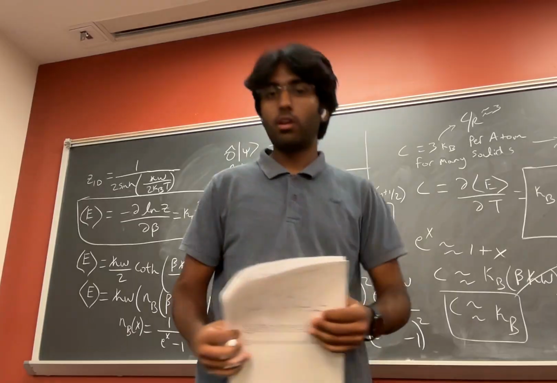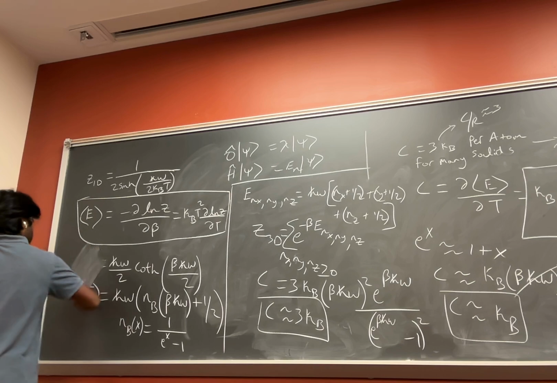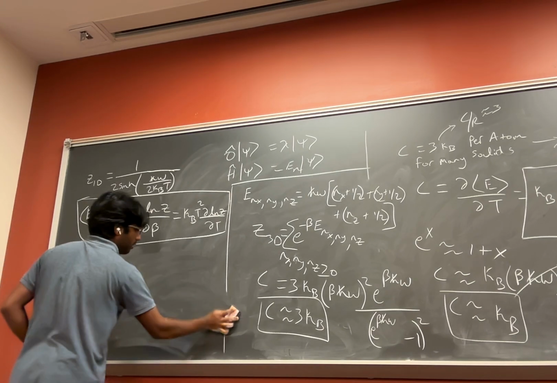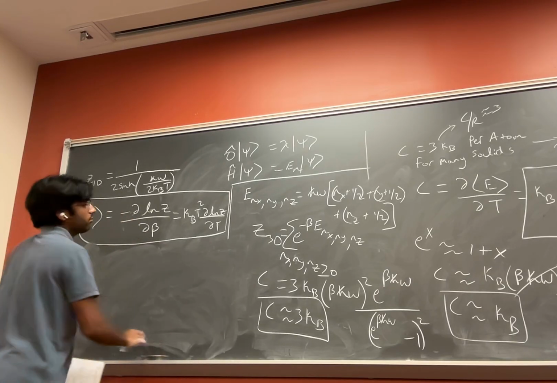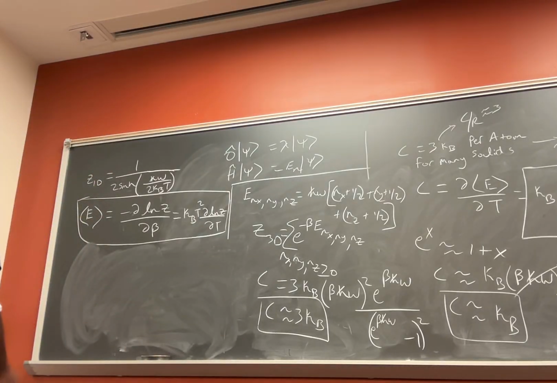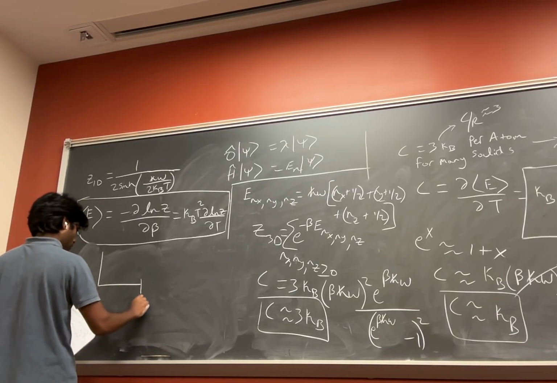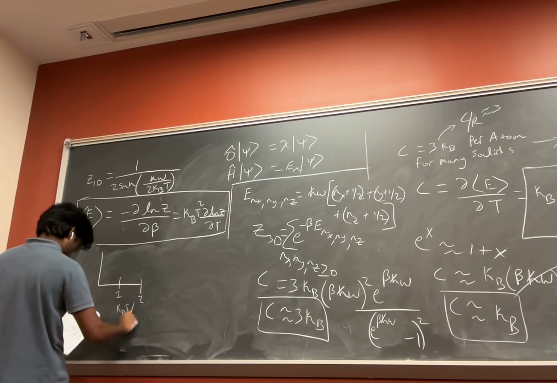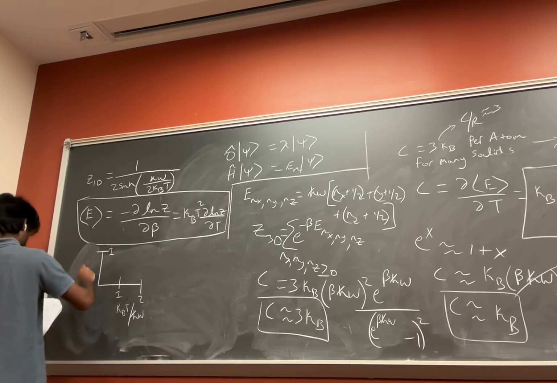All right, so we're almost done here. Let's just move on to the final remarks. I just want to show you how Einstein's model actually works at the low temperature limit. If we plot kBT over h bar omega versus C over 3 kB,